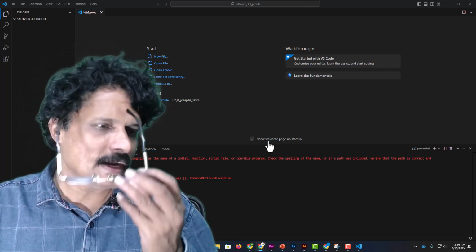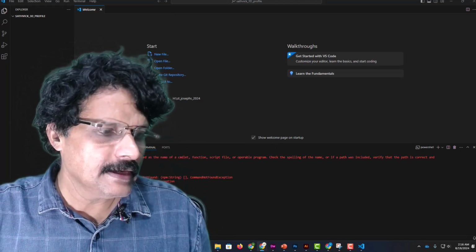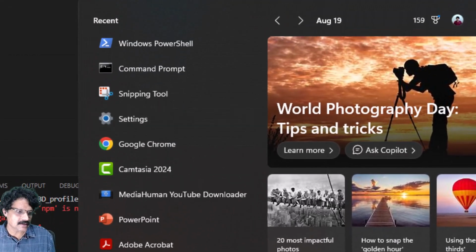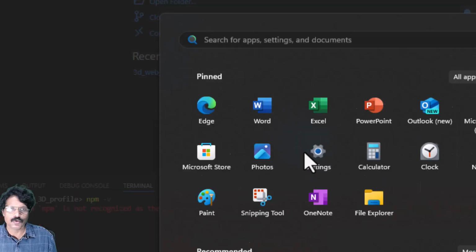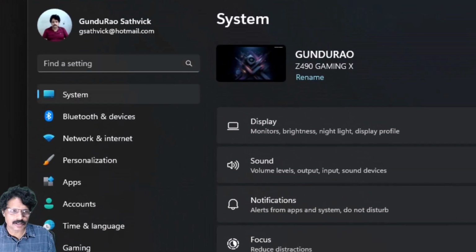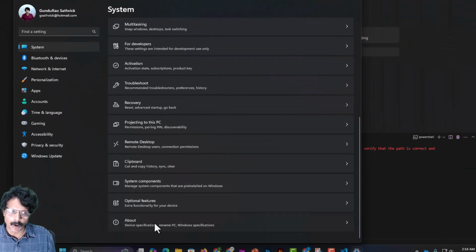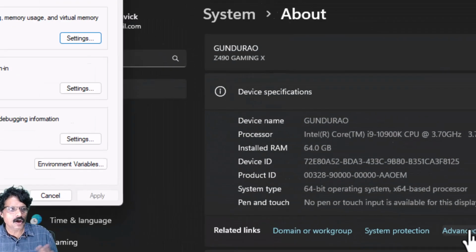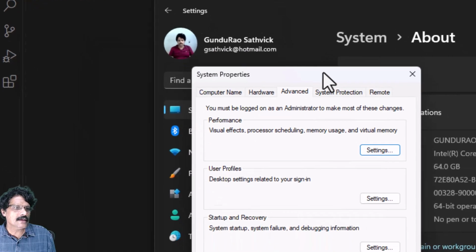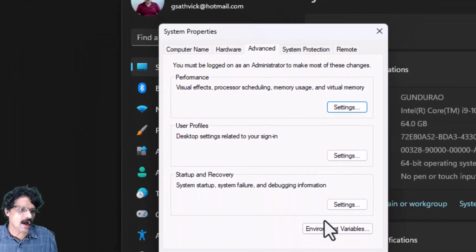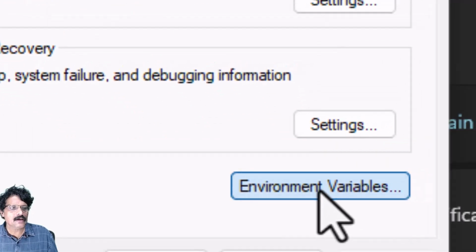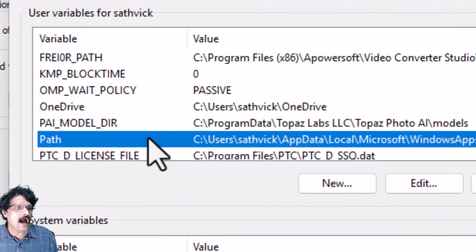So for this, I will come over here, and if I come to settings, Windows settings, choose system, scroll down to about, and here you have Advanced system settings. Click on this, and when you click on Advanced system settings, you have one facility here, Environment Variables. Click on this, and here you have